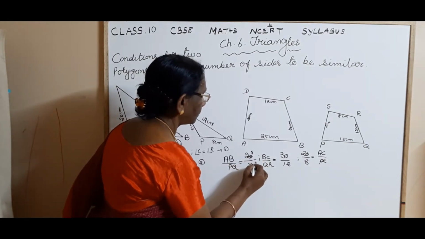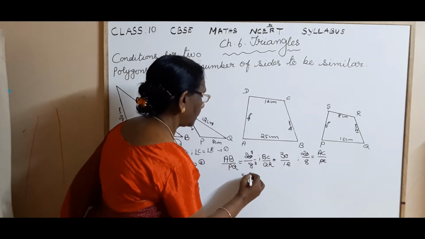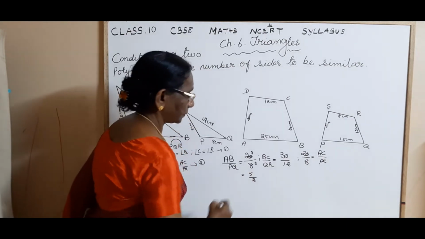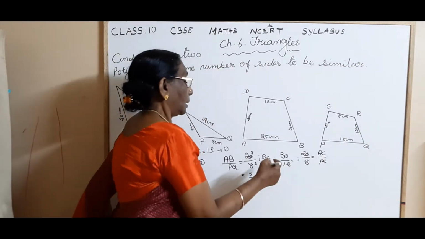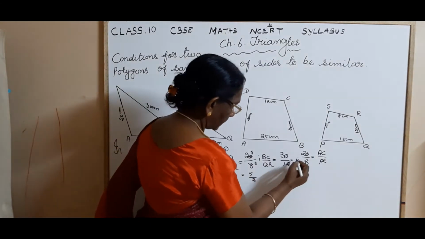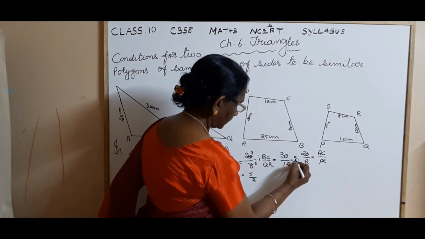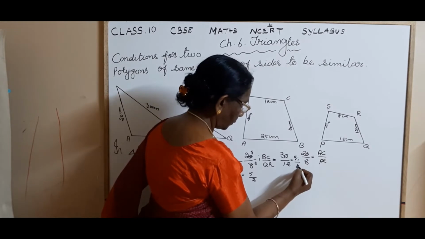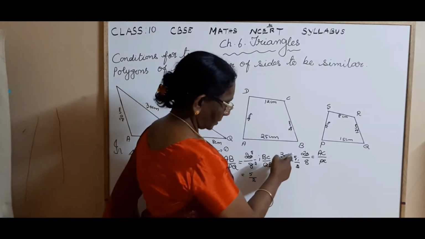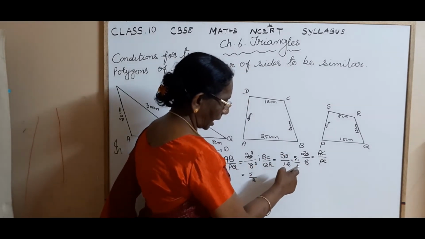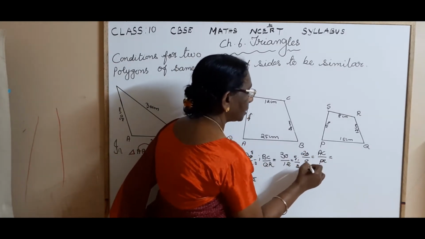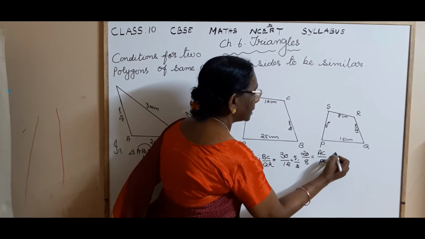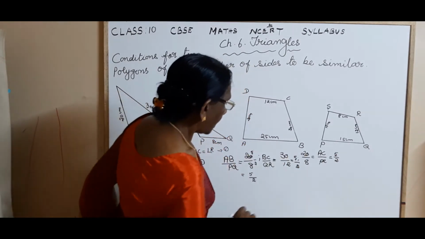Here it is 2. So this is 5 by 2. Isn't it? And here when you simplify by 6, 5 by 2. Isn't it? 5 6 and 2 6. Here what do you get? Again 20 by 8. 4 5s and 4 2s. Are they equal, children?